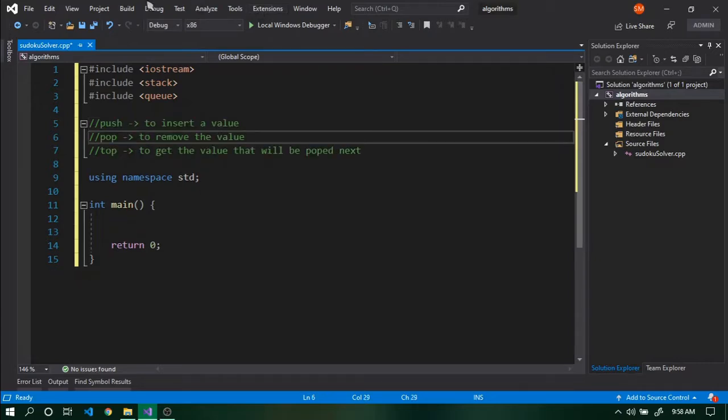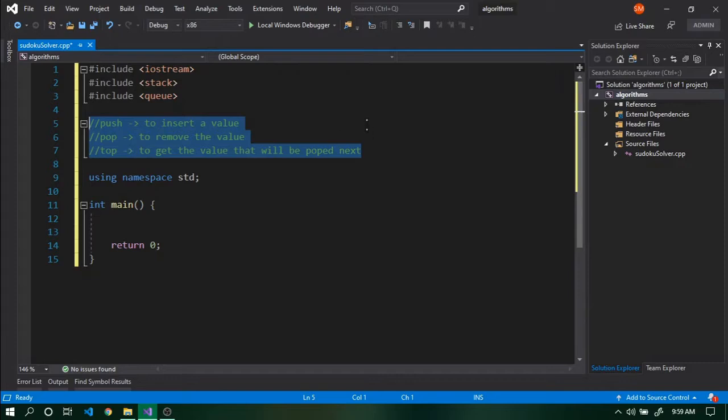If you're using a stack or a queue, the three basic terms that you need to be familiar with are push, pop, and top. In general, push means to insert a value into your container, and pop means to remove a value from your container. The container has another method called top, which denotes the item inside the container that will be removed whenever you perform the pop operation next. We will be going through these three methods of stacks and queues.